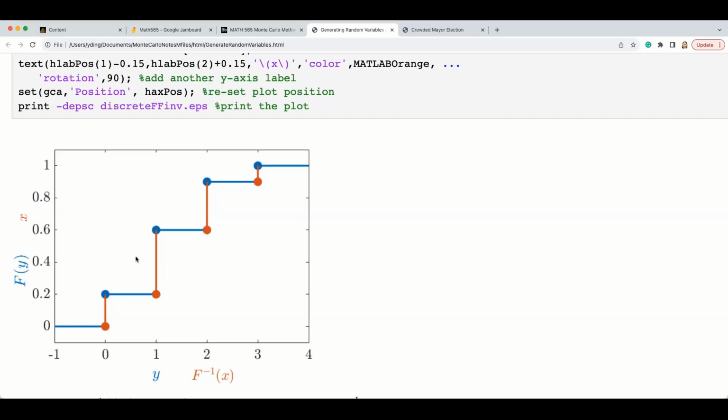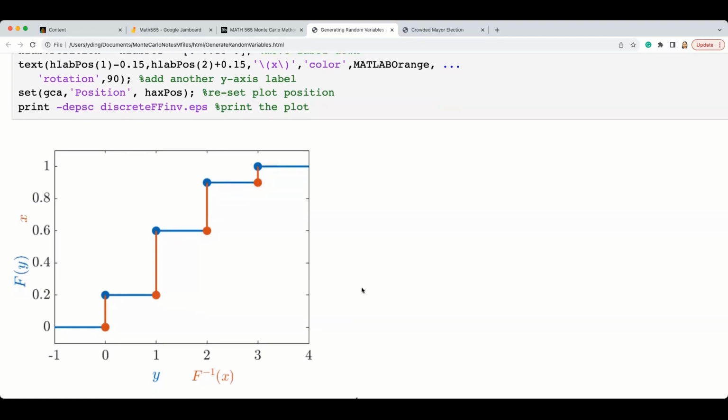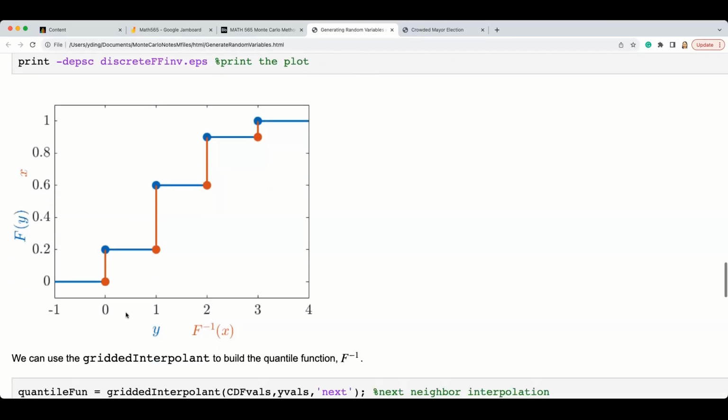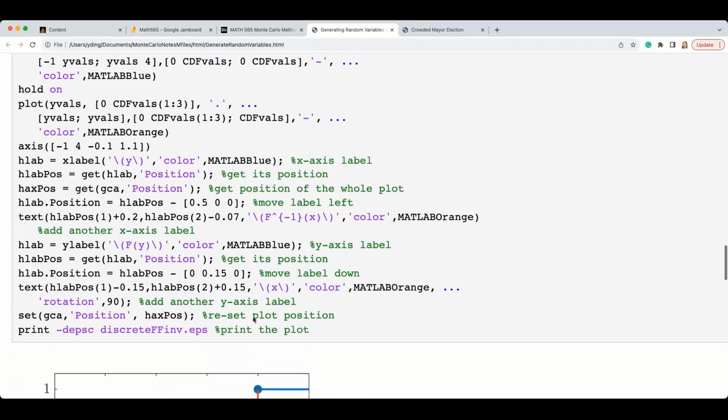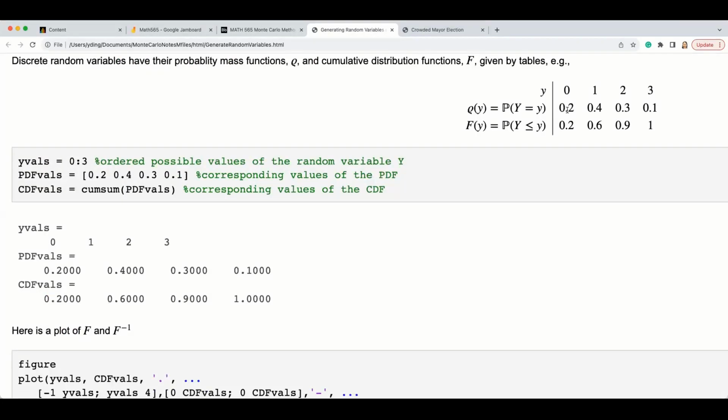And then if you jump from 0.2 to 0.6, similarly you will get 1. And similarly here, you're mapping it. Of course, you try to consider the smaller one here, so this one will be 0. If it's from 0 to 0.2 and not exactly equal to 0.2, then you will get 0 here. So that's the case. So you can see if we generate uniform random numbers, you know how to generate this random variable x, or y here. Is that okay?